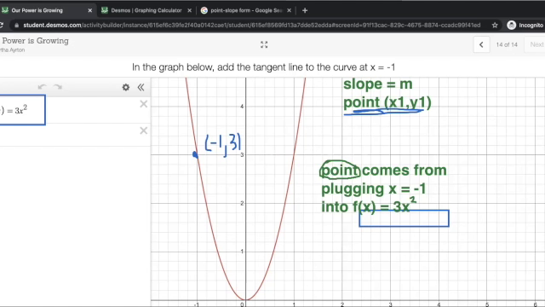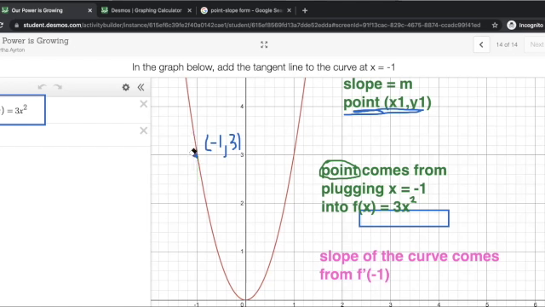Now I need the slope. And the key idea here, in fact, the key idea in all of calculus, is that the slope of the curve comes from the derivative evaluated at -1 in this instance. So I can eyeball the slope of the tangent line. See, it's negative. I might be able to even calculate it based on that. But I want a